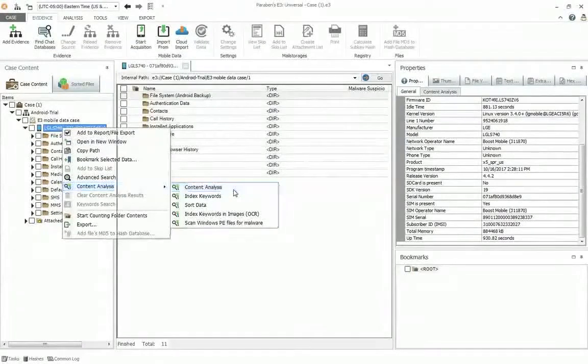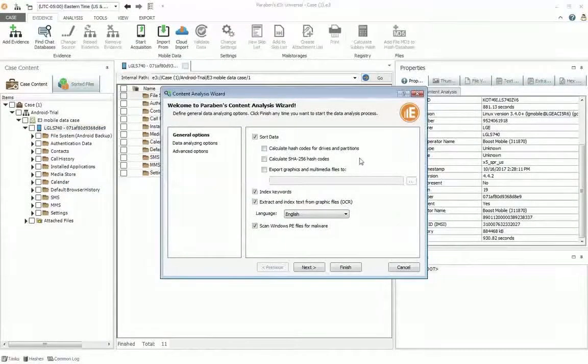So I'm going to pull up the content analysis wizard, and it's going to walk you through what your choices are. You can absolutely leave it on your default choices, and then as you get more familiar with the tool, you can customize it for what type of data you might need in a particular examination. By default, I choose to sort the data, which is breaking data into logical categories such as documents